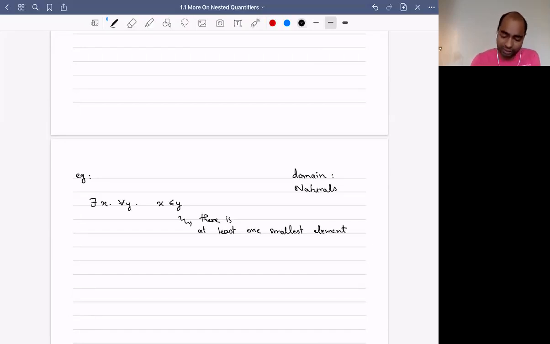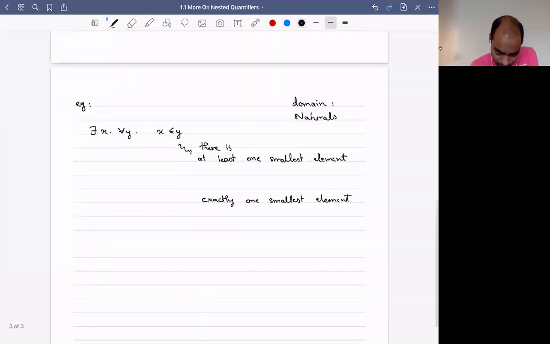Now I want to change this to there is exactly one smallest element. And how we'll do this is I'll do it carefully in steps. So there exists x, for all y, x less than or equal to y is my original